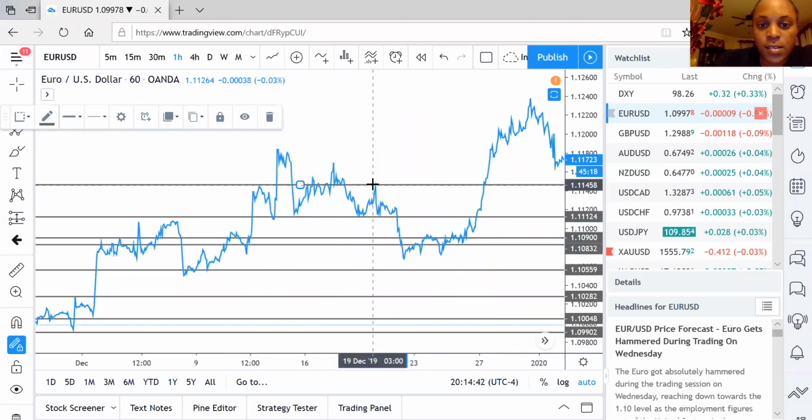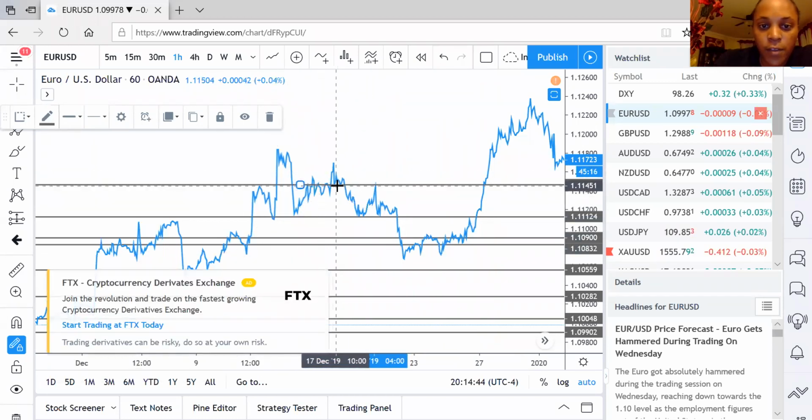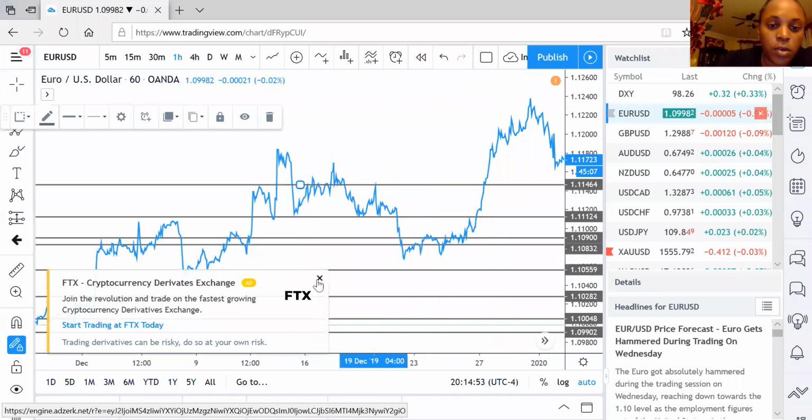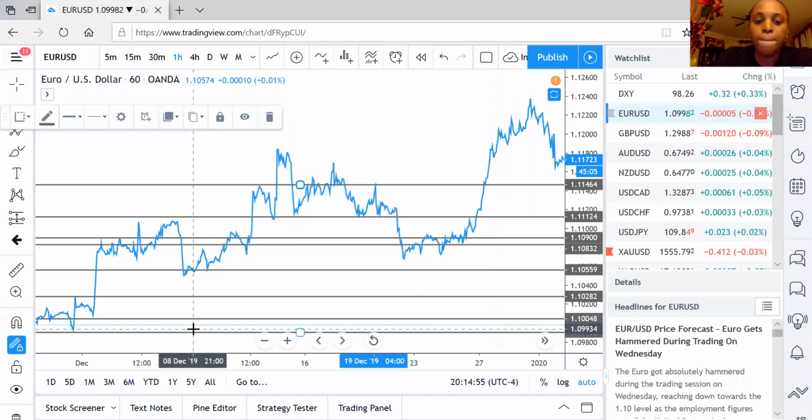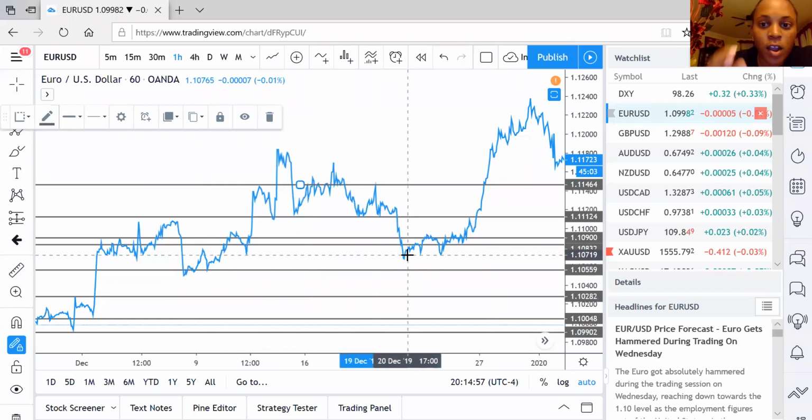So you got resistance, resistance, resistance. All of this was resistance. Over here you have support, support, right? And over here you have support as well. And once you start to practice, this is why it's key for you guys to do homework, right? Once you start to practice, you start to see it